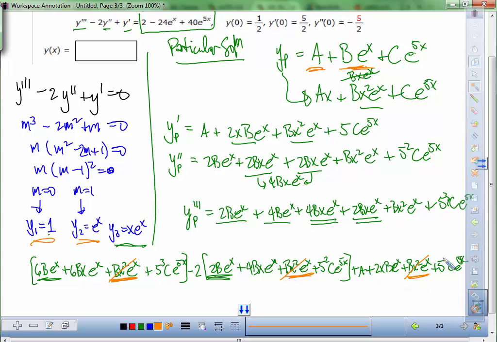Now I want to collect the ones with an x e to the x. x e to the x, and x e to the x. So I got 6 here, I got -8 here, and I got 2 more here. That goes away too. Okay, now